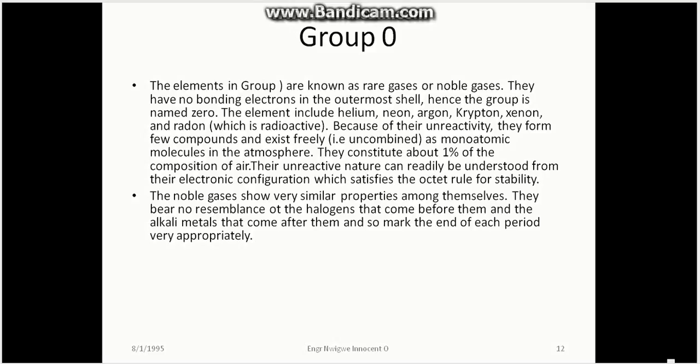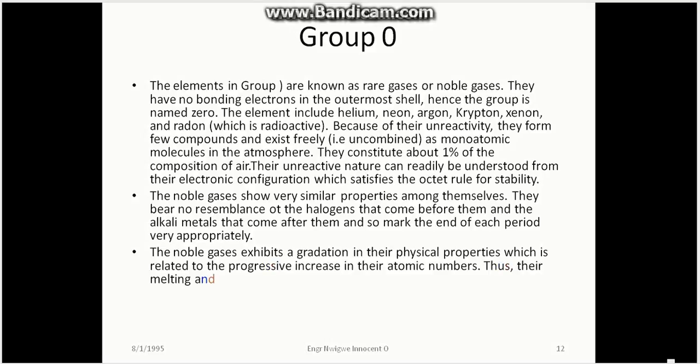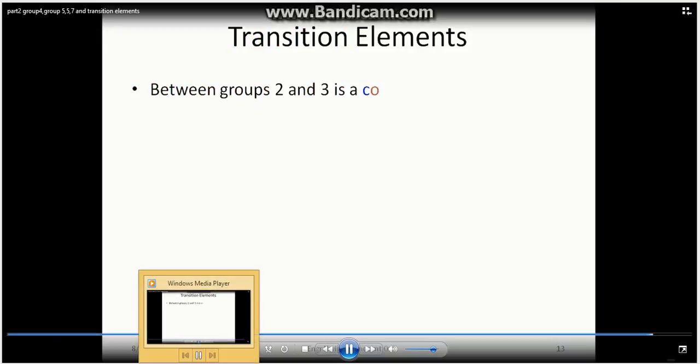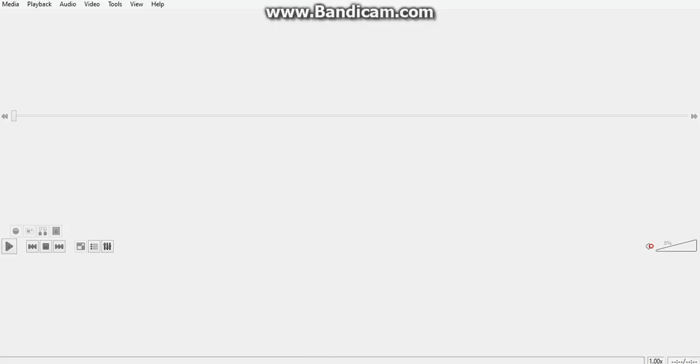The noble gases exhibit a graduation in physical properties which relates to the progressive increase in the atomic number. Thus, their melting and boiling points increase while the ionization energy decreases down the group from helium to radon. Transition elements. Between group 2 and 3 is a collection of elements which show similar behavior. These are transition elements. Transition elements are all